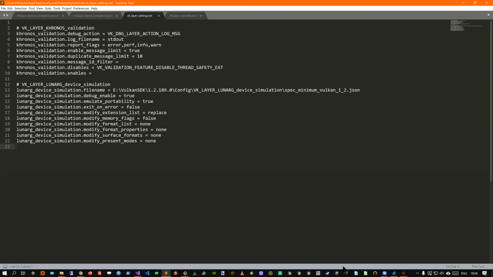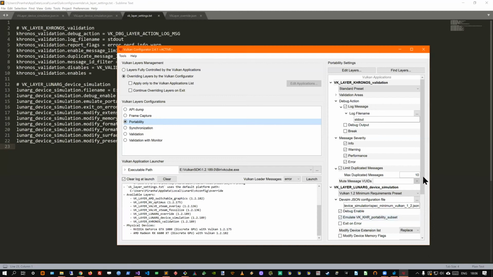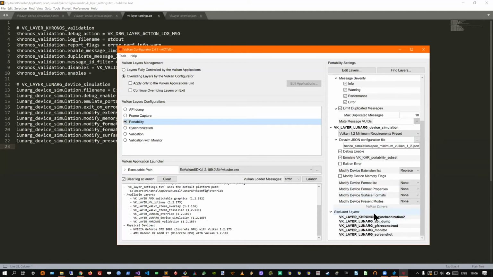What I really want instead is to have a group of settings that says, I'm going to modify some device capabilities. So how can we do this?